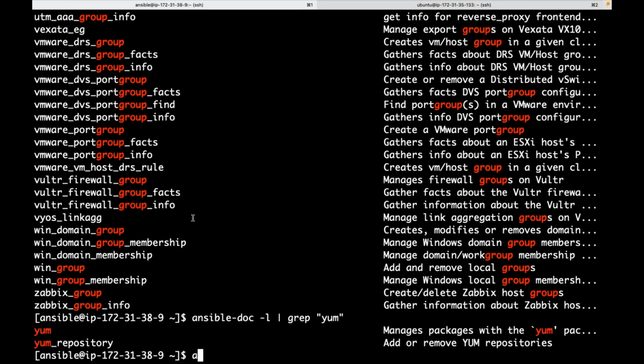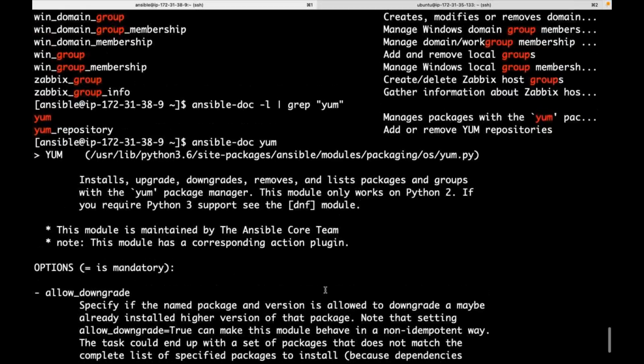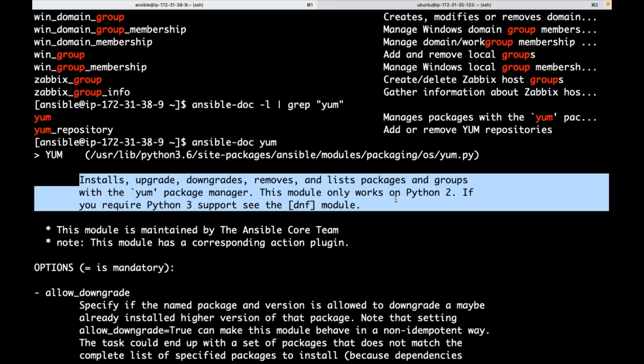Suppose here also I want to see more details about one module. How can I see that? I want to see more details about some module. I want to understand what that module is. How can I use it? So, ansible-doc, that module name. If you want to see more details about that module, ansible-doc, that module name. What can I do using this module? If you read here,